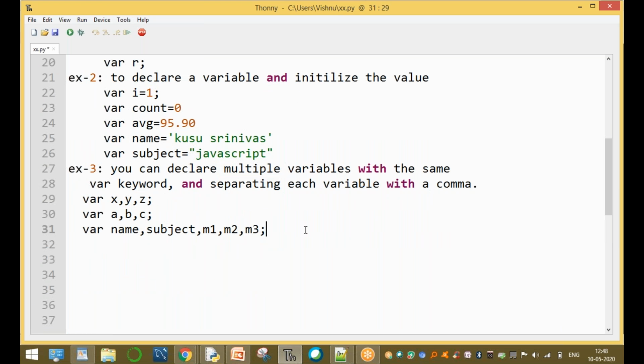Okay, clear? And the fourth example: you can declare more than one variable with initialization.